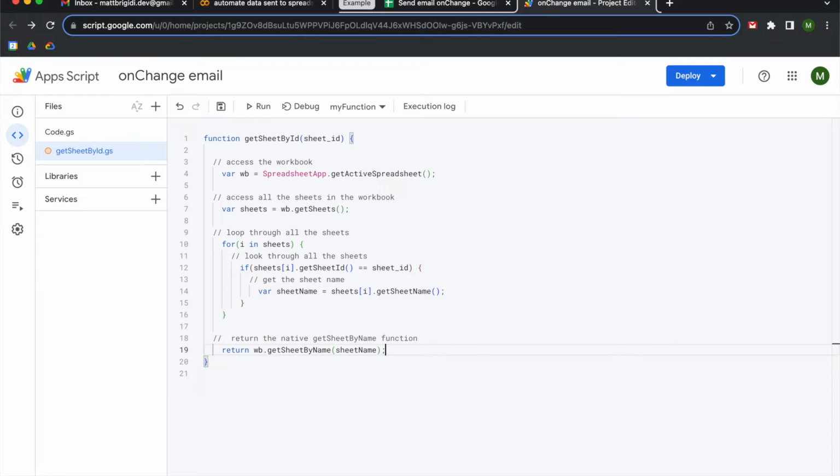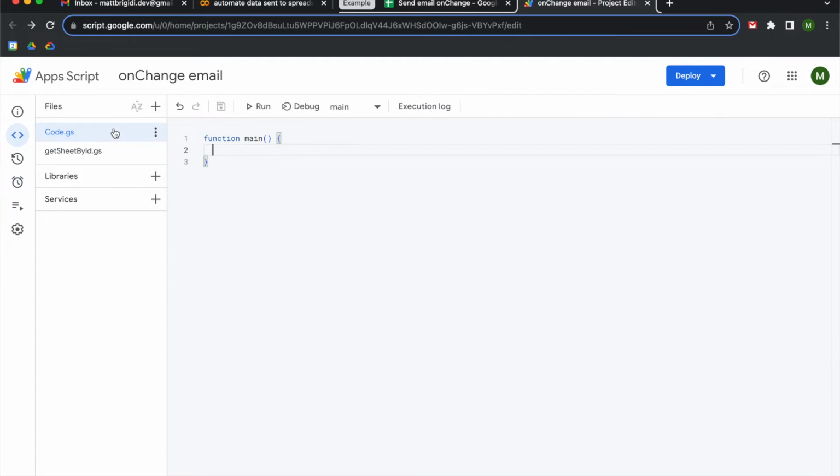The identification numbers do not change. So the sheet is going to have the same number regardless of what the name of the tab is. So it's a very stable way to extract data so that you error-proof your script, especially if you're giving it to other people. Cool. So now that we have that custom function, we are going to go back to